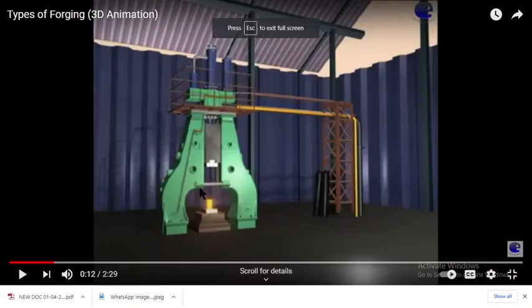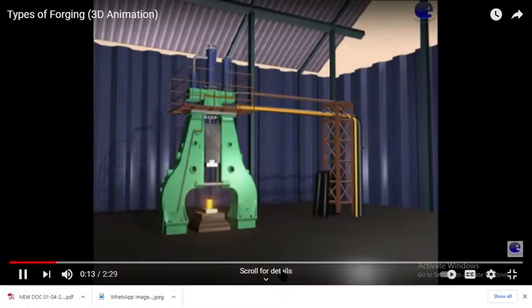Here you can see the animation of this petroforge forming process. On the top there is a combustion chamber where the combustion of the gases takes place, and after the combustion of the gases this ram moves in the downward direction with very high force, and this ram falls on this metal part or workpiece. Sometimes we call it a mallet, and then it